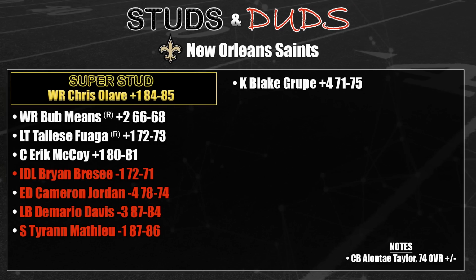Definitely has my attention, and he's going to have some opportunities here because Rashid Shaheed, unfortunately, is done for the year. He was playing pretty well, by the way, but no ratings changes. I like Rashid Shaheed. But another rookie here, Taliese Fuaga at left tackle, has kind of been as advertised, for